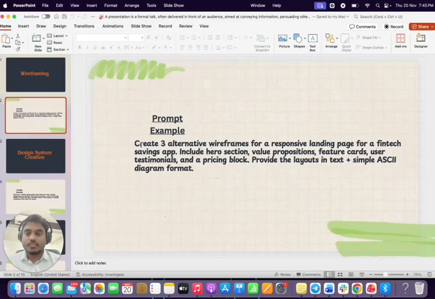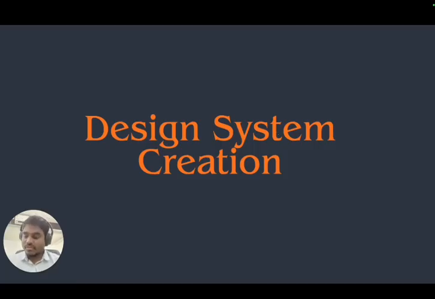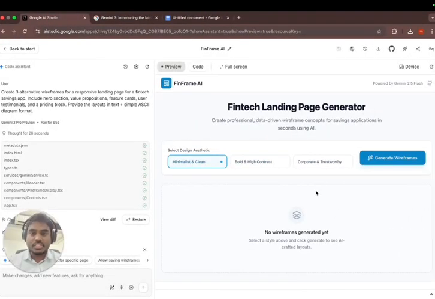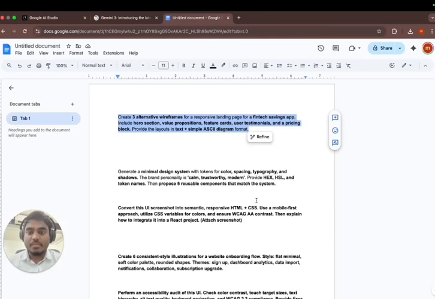This is done. Now I create a foundation of a design system. I'm asking Gemini to help establish the basic building blocks, atomic elements, color patterns, typographic scales, and shadow definitions. I'm using the same color code definition. This is the initial result that I got. Once I add my prompt to it,